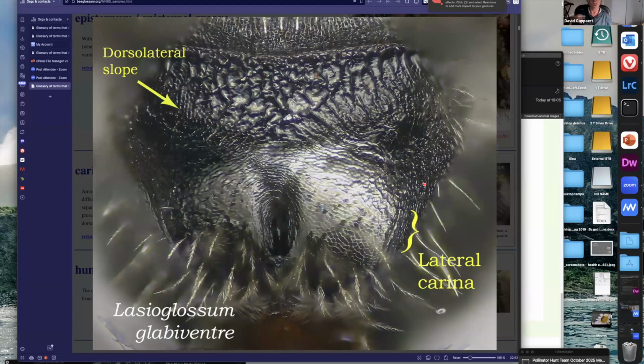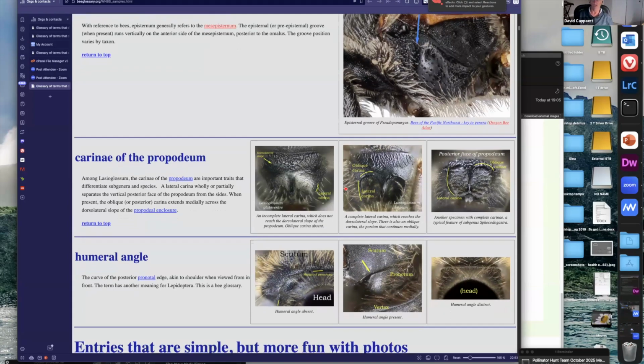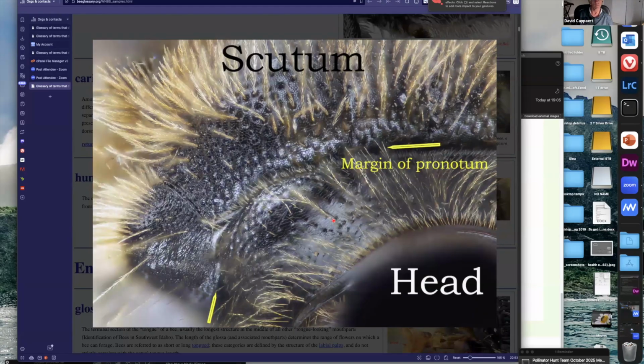But if you are struggling with looking at propodeums of Lasioglossums, it's maybe helpful to see some pictures like this that get you in the right place. Another one that you want to see pictures for is the